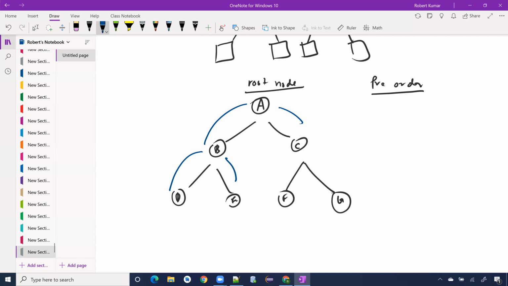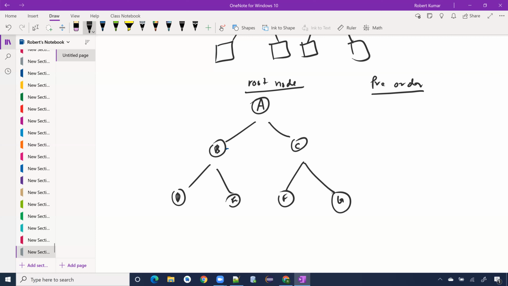So here's the thing: as soon as you come to a root node, because that is a root node right here, that becomes the root node. As soon as you come to a root node, you go to the left side, right? And then you go to the right side. So that is the basic way to visit or traverse all the nodes of a tree, right? You have to complete one side and then do the other one. So in preorder, what happens is that